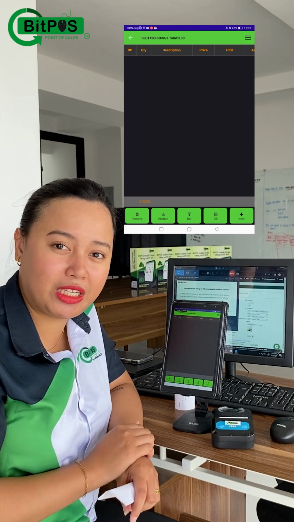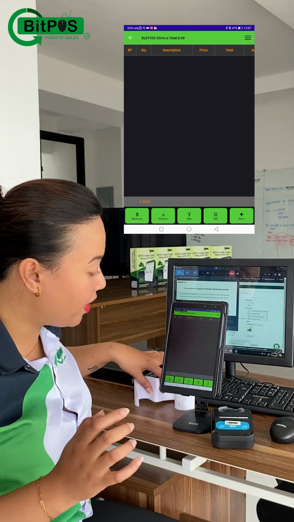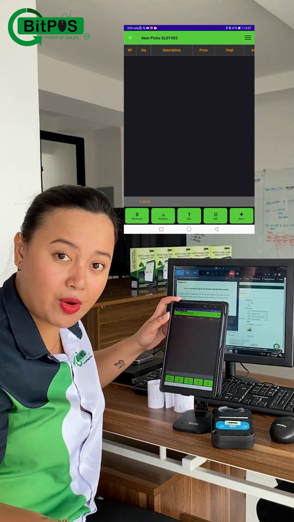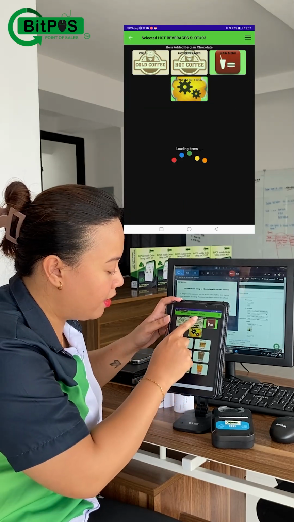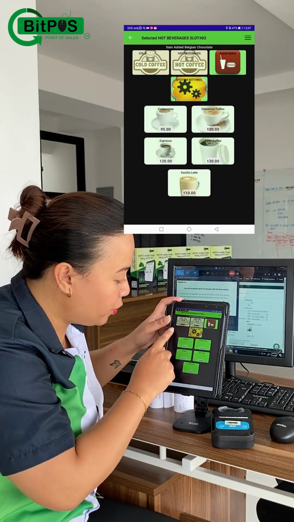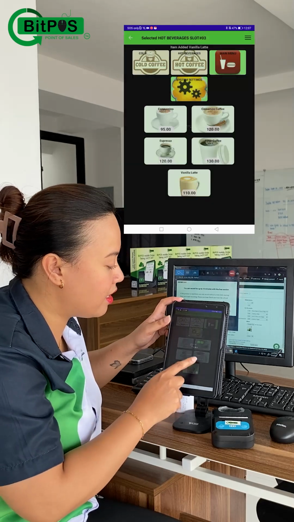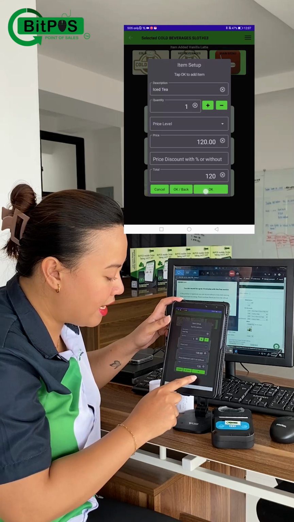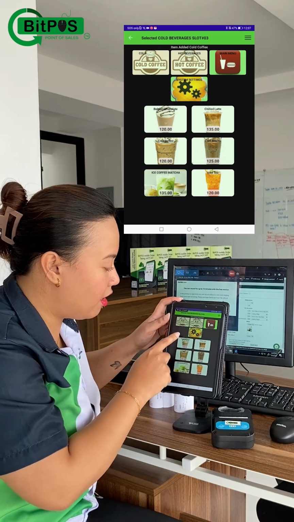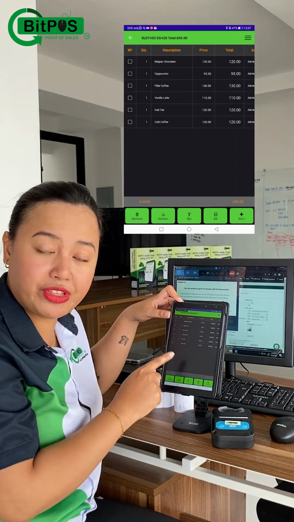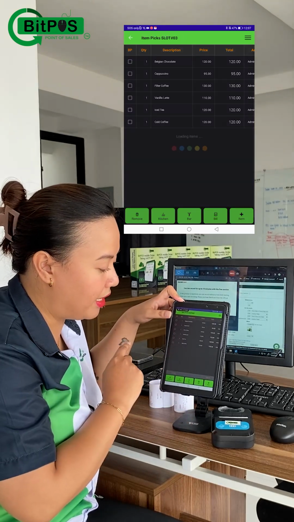If you want to implement a senior citizen or PWD discount, it's very convenient and very easy. First, tap the necessary orders of the senior citizen or the PWD along with their group. So let's say I have my cappuccino here, I have my filter coffee, I have my vanilla latte, and let me just add a few more, iced tea and cold coffee here. So these are the list of orders that I have for this transaction, and there is only one senior citizen in this table, so I can just tap item once again.